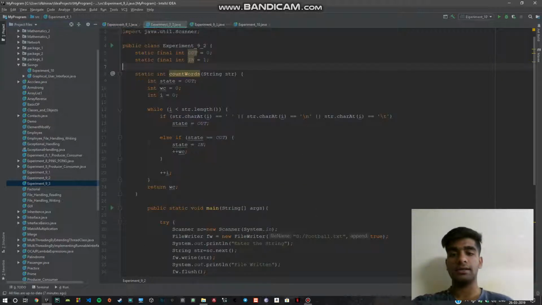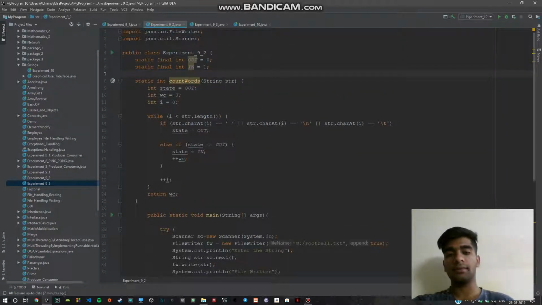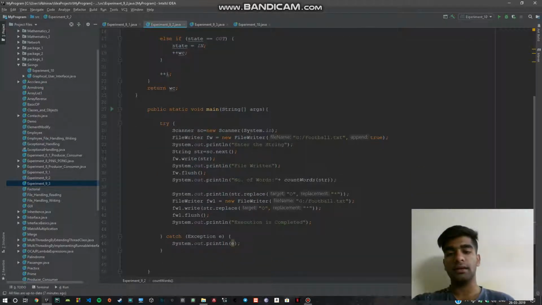Our next experiment is to take the input from the user and write it into a file, and we should replace the maximum occurring alphabets by star. So here we write a function for finding the maximum number of alphabets that occur in a string. So here we take the input from the user with the string which is to be entered, and we write it into a file as specified here, the location,